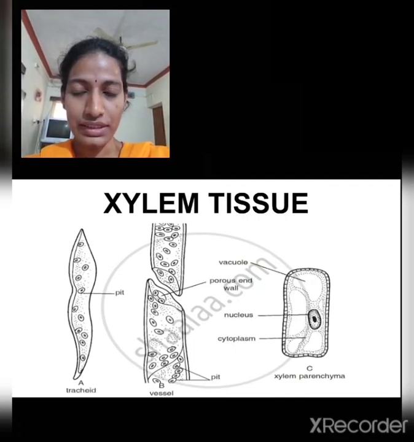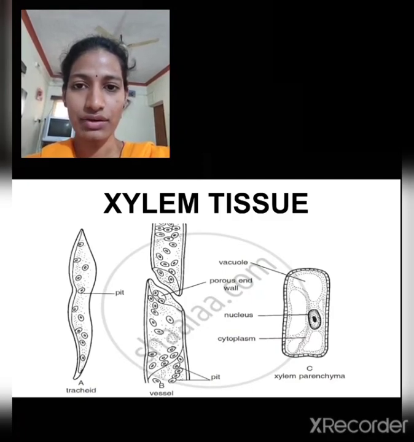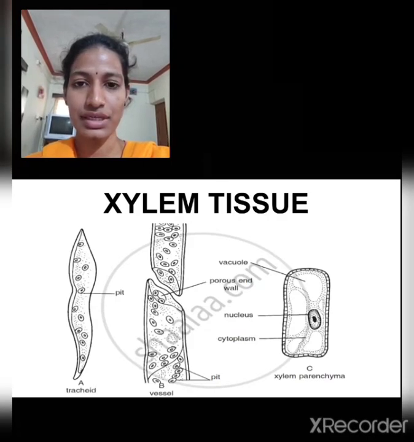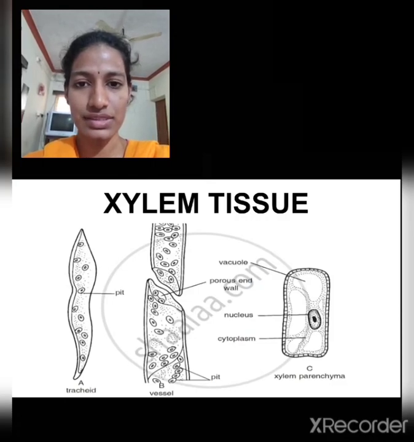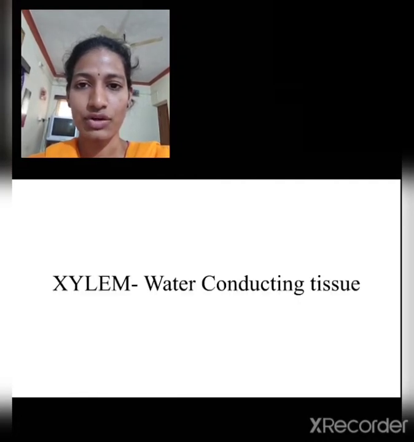When you get drinking water to your home, what is the procedure? The rain automatically gets to the land surface and gets collected in the dams, and the dams, along with the water pipes, help in the supply of water to our home. Similarly, in the plant body it is the same. The roots absorb the water and minerals and transport them to the stem. The stem, along with the xylem tissue, transports it throughout the plant body. So commonly xylem is called the water conducting tissue.